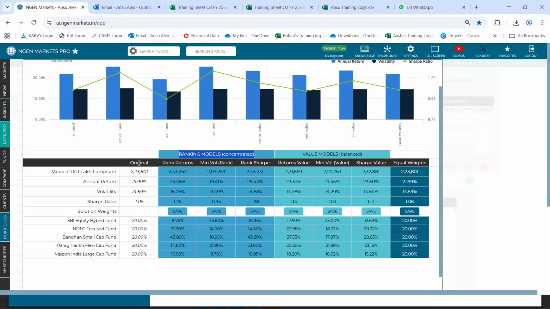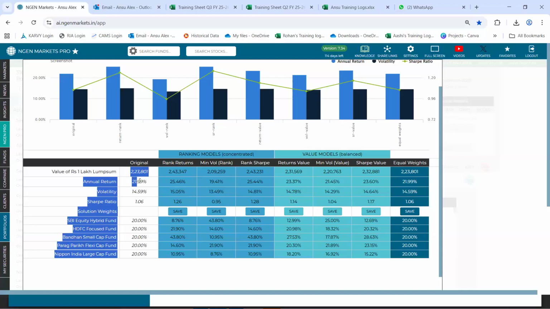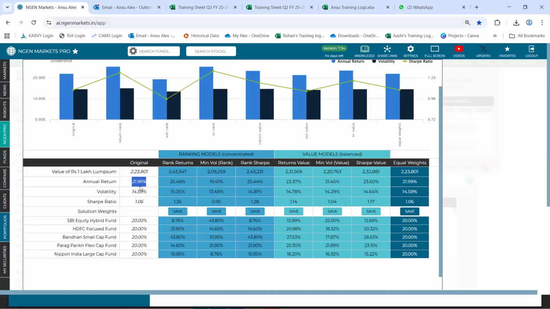We will be comparing the original portfolio with the rank returns portfolio. The objective of this rank returns portfolio will be, of course, maximizing the return, and that you can also see. In this annual return parameter, originally the portfolio had a 21.9% annual return.